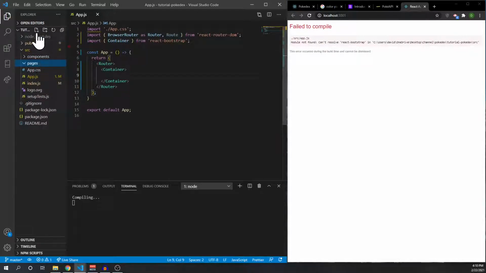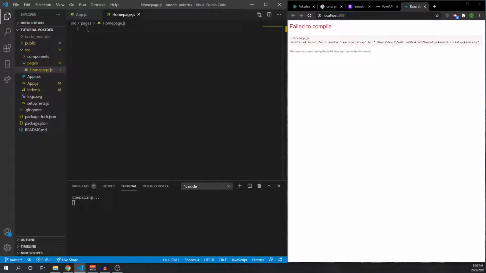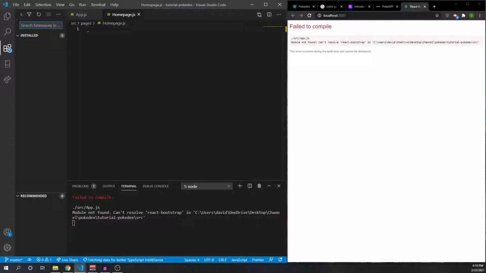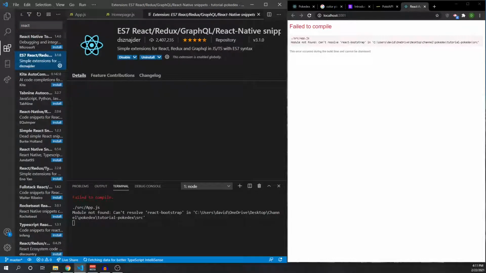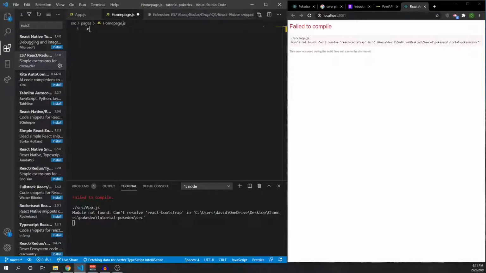Alright. In pages, we're going to make a new file called homepage.js. I have this extension that lets me do a shortcut to make React files super quick and simple. Let's see what it's called. ES7 React, Redux, GraphQL. So it makes snippets. So if I were to do RAFCE,